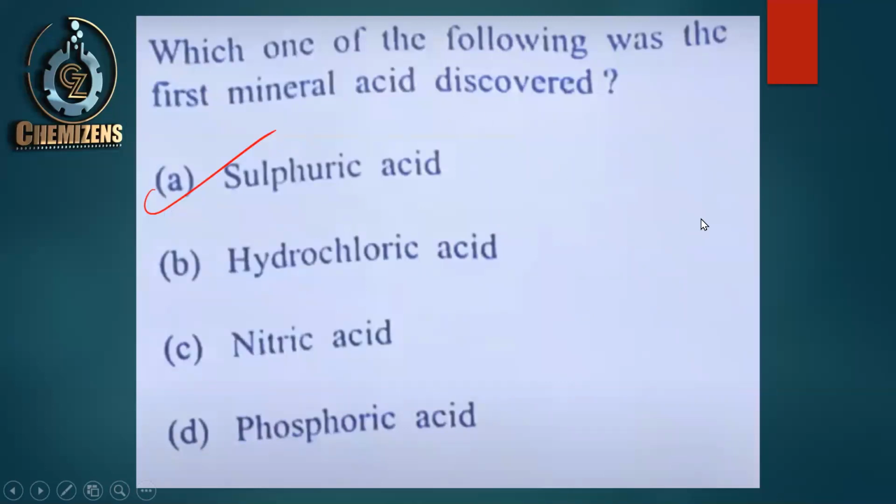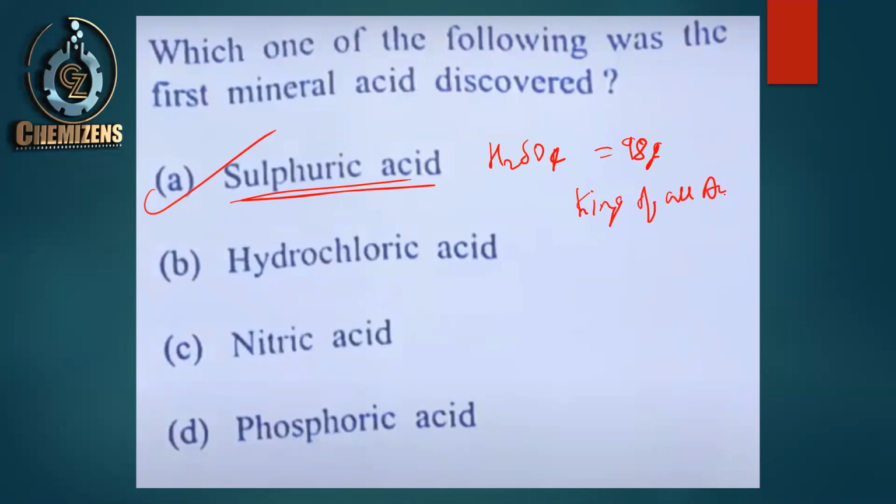Now, which mineral acid was discovered first? That is sulfuric acid. The formula of sulfuric acid is H2SO4, and its molecular mass is 98 gram. Moreover, you should also remember that it is known as the king of all acids. Next question was,